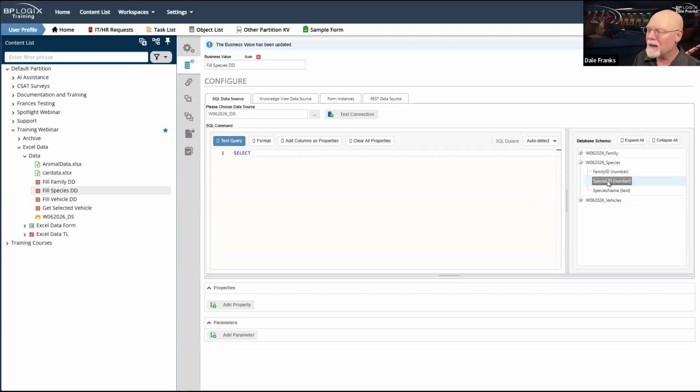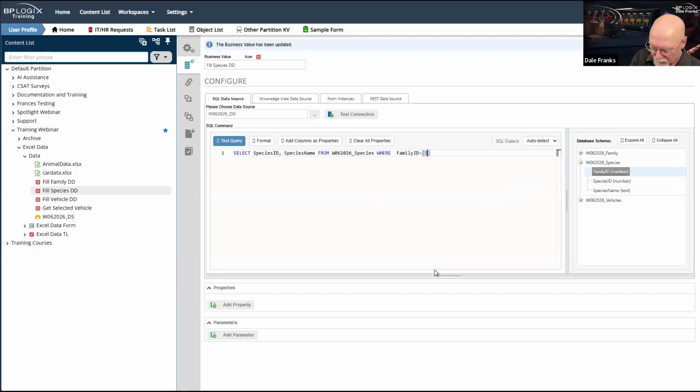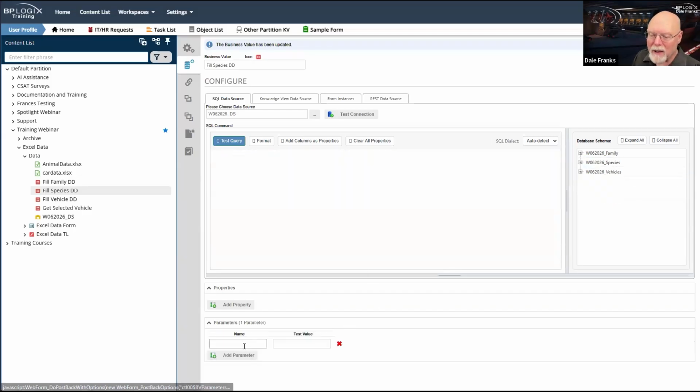So I do, in fact, need to return species ID and species name from our species table, where, so I am going to need that where clause, where family ID equals family. And I am going to need to have that parameter, which is called family.